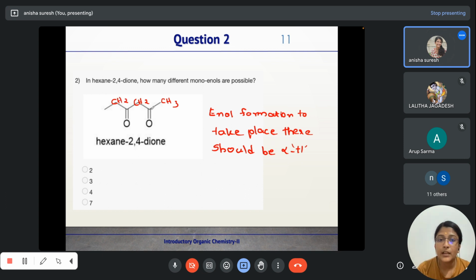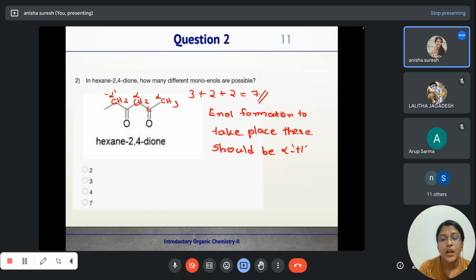So these are the hydrogens that are adjacent to the carbonyls. So this is adjacent to the carbonyl carbon. So this is the carbonyl carbon, so this will be the alpha carbon. This also will be an alpha carbon with respect to both these ketones. And this CH2 carbon will be an alpha carbon with respect to this carbonyl. So here the number of alpha hydrogens will be 3 plus 2 plus 2, which is equal